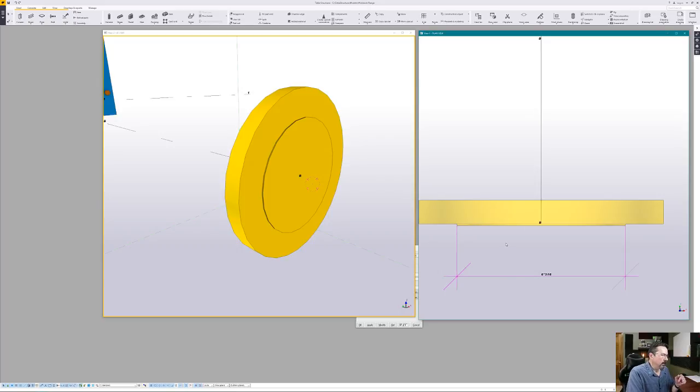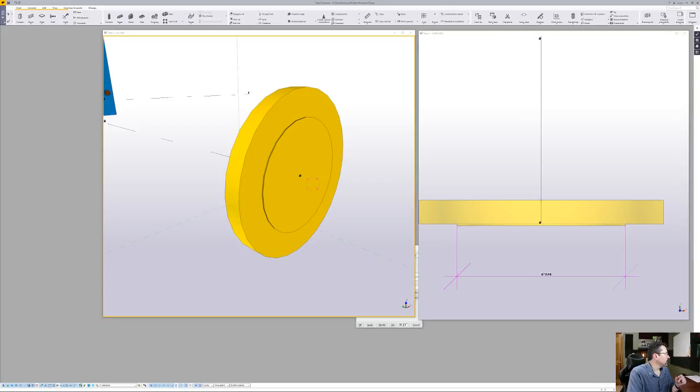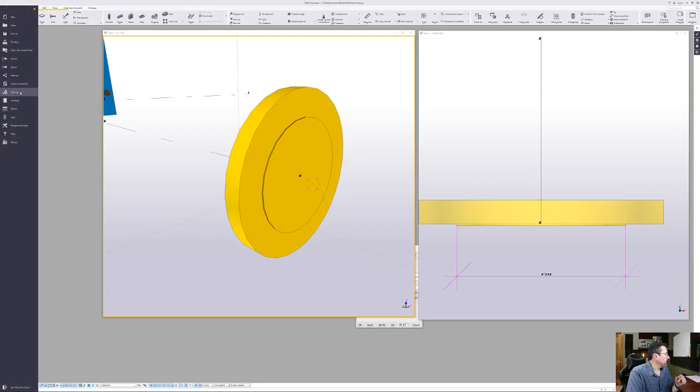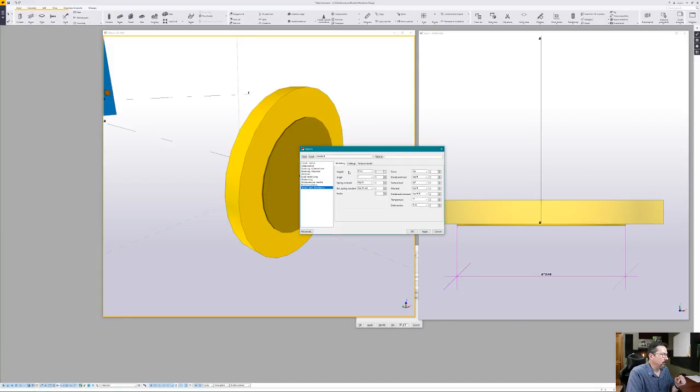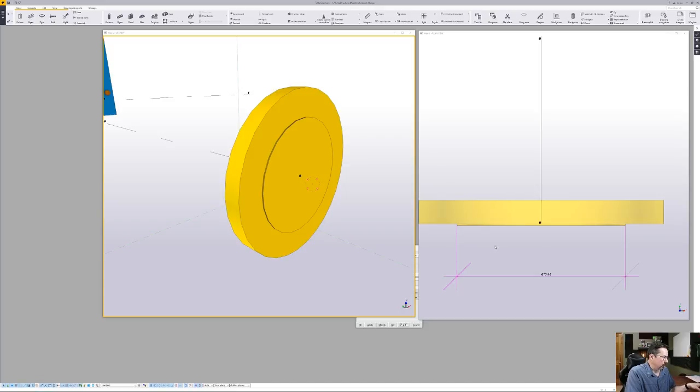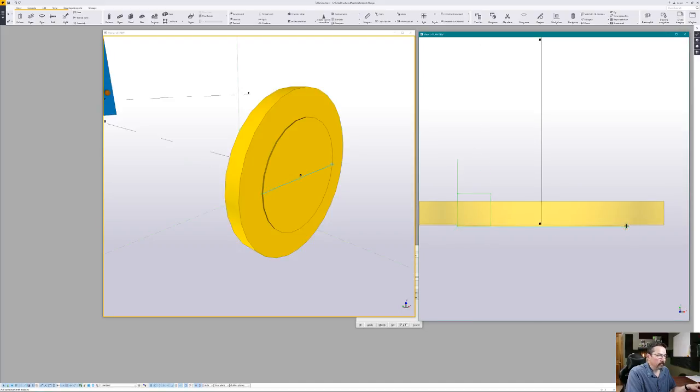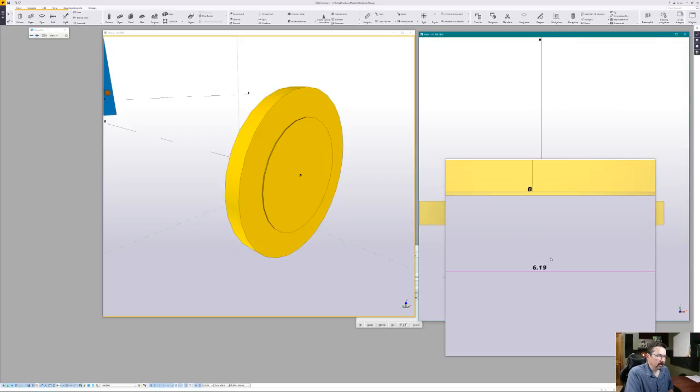However, what if I go into settings, options, and units and decimals, and I'm going to change my length here to be decimals of an inch. We'll apply and OK. We'll go ahead and redraw this, and I'll put another dimension on here. From here to here, and you can see it's 6.19 inches. I don't know if you can see that, so let me zoom into it. You can see that it is 6.19,